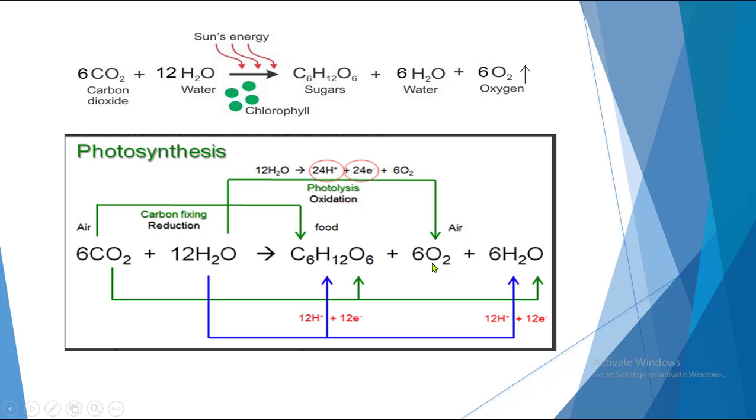This was the concept in the previous lesson: to understand the mechanism we started with only one water molecule. When one water molecule was separated, it produced only half an oxygen molecule, not even one full oxygen molecule. So one full oxygen molecule is released when 2 water molecules are broken down. So when 12 molecules are broken down, 6 oxygen molecules are released